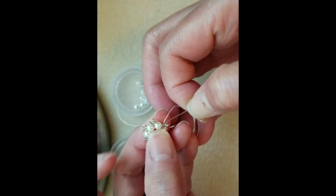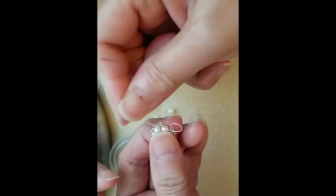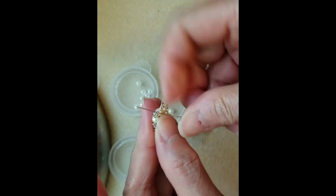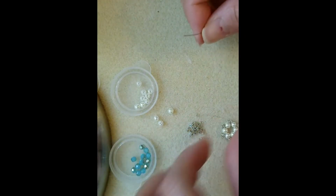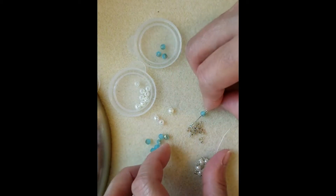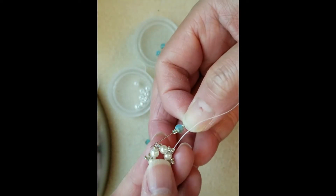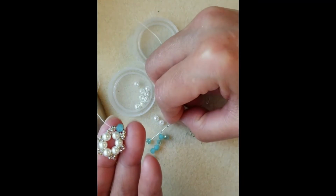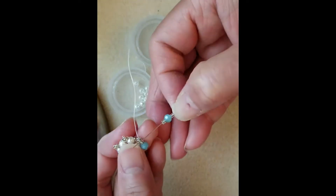pass through pearl and 11 seed bead, then pass through the first and then the second seed bead. Pick up 2 seed bead, the glass, 2 seed bead, pass through, pick up 2 seed bead, the glass, 2 seed beads, oops, pass through,